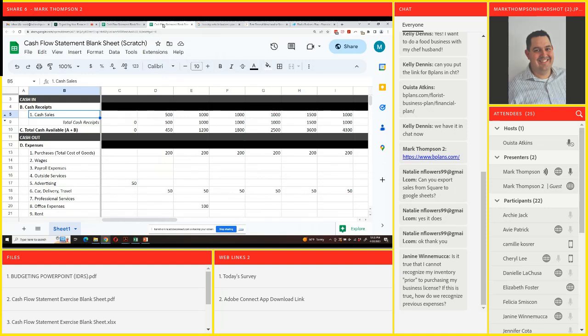Like if I don't have a business license and I don't have to get one, I assume they're going to want me to recognize my inventory. So that's what the IRS cares about, right? When you're dealing with taxes, and that's a lot of times what we're talking about when we're recognizing the inventory, it's that we're able to deduct that on the sales that we have. The IRS says whether you have a license or not, if you are engaging in a profitable enterprise and you're trying to make profit, they want you to file a Schedule C and